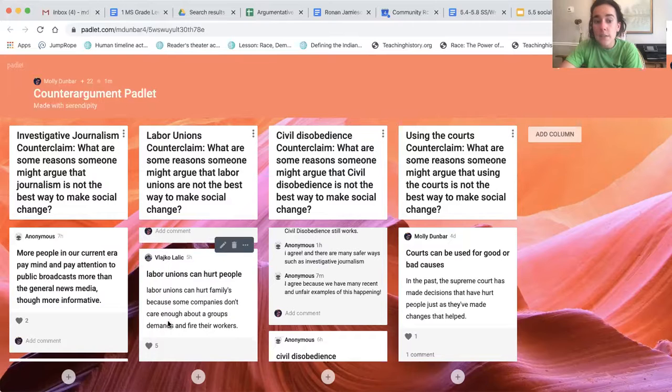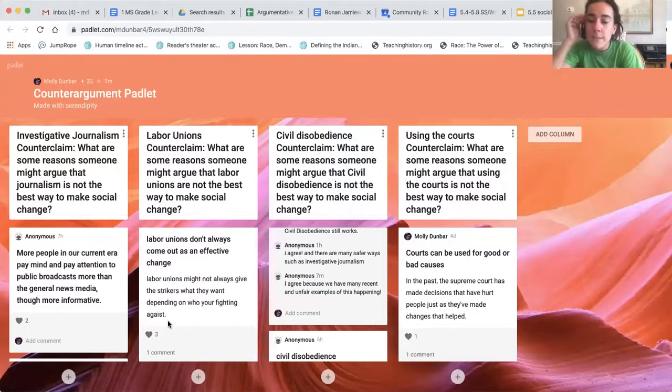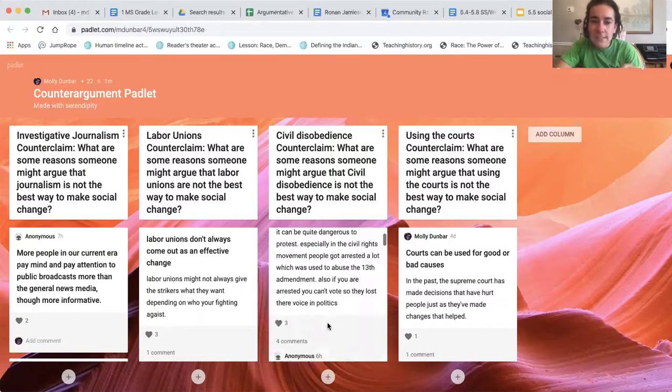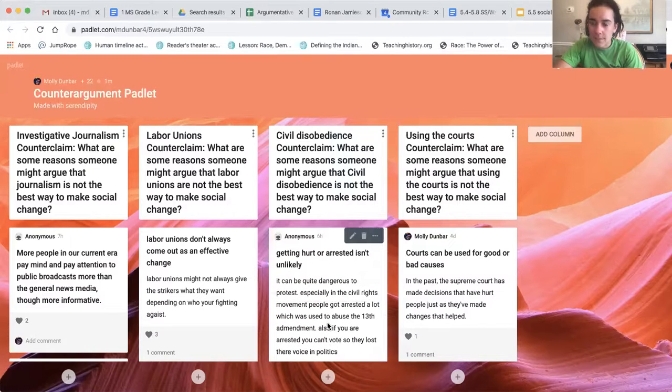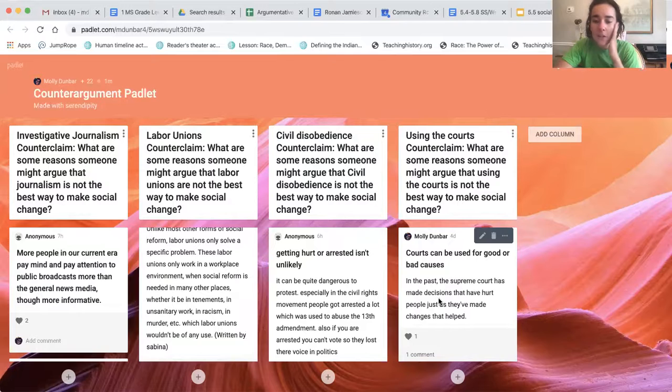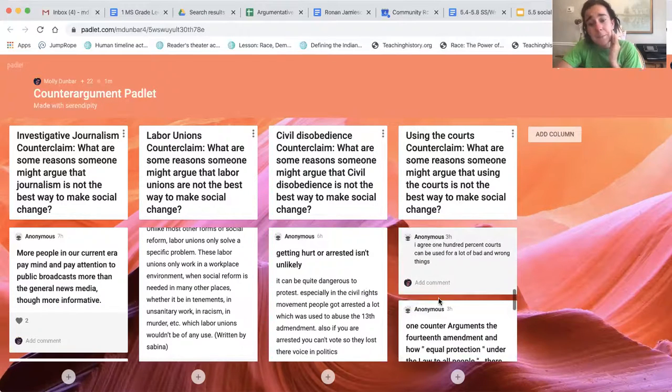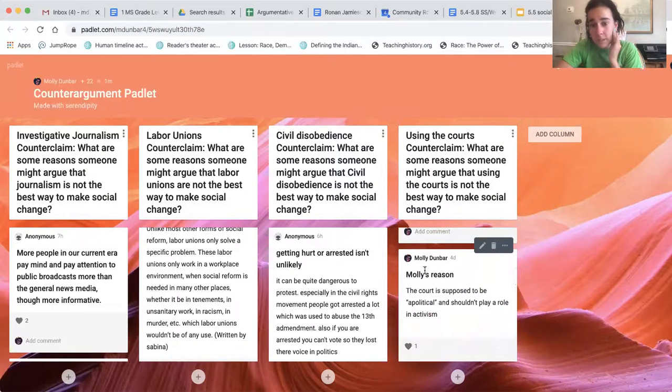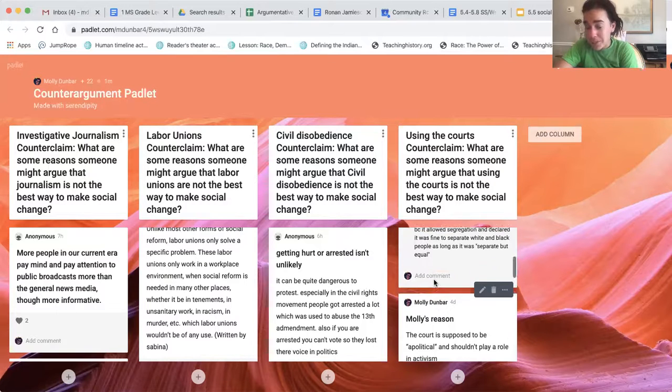And the thing that's key is that the reason I'm choosing for this counterclaim should be one where I'm like, oh, okay, I see how I could argue against this. You're not going to choose the one where you're like, I have no idea how to fight back against that. To be honest, if I was writing my court one, I said the court is supposed to be apolitical and shouldn't play a role in activism. I'm pretty good at making up nonsense, but that would be a harder one for me to refute personally